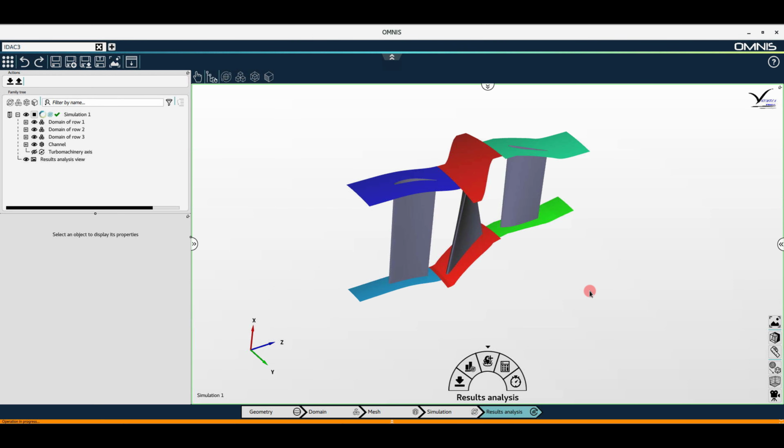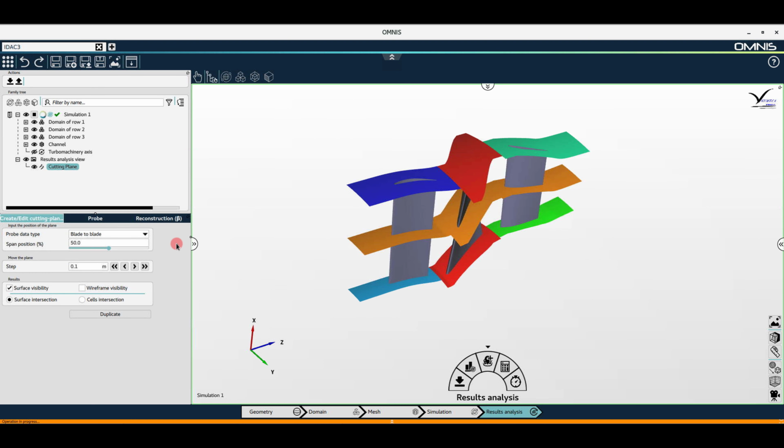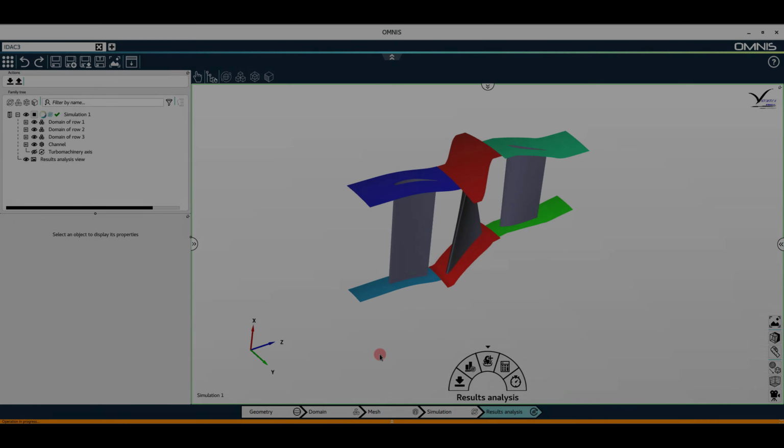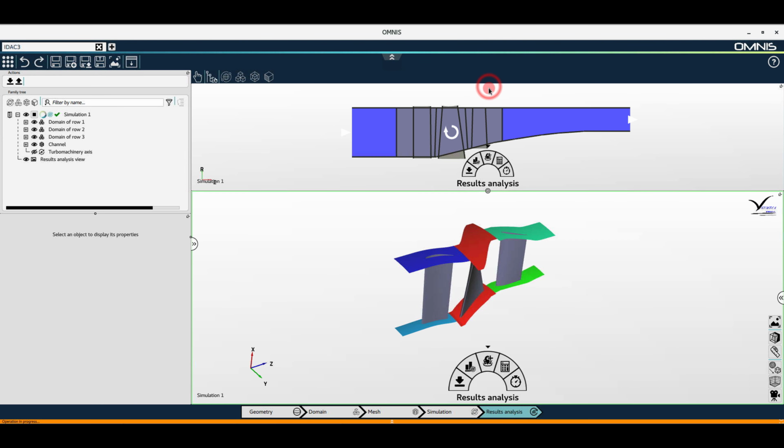Blade-to-blade cutting planes can also be used for results analysis of Turbomachinery configurations in the 3D view. This is done by setting the probe data type of a cutting plane to blade-to-blade. This 3D cutting plane is only defined by its span position in percentage from 0 at the hub to 100% at the shroud. The Meridional view is accessible from the 3D view through the top middle widget in the Turbo